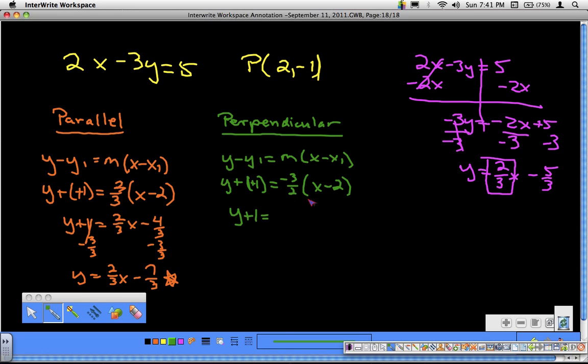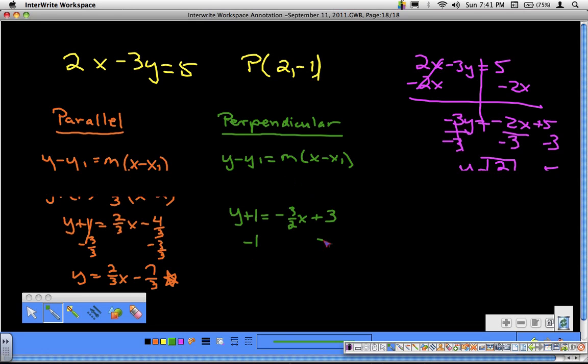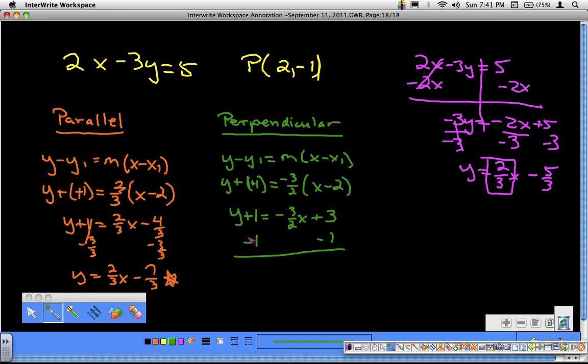Negative 3/2 times x is negative 3/2 x. A negative times a negative is a positive, and 3/2 times 2 is just 3. Subtract 1 from each side, simplify, and we get y equals negative 3/2 x